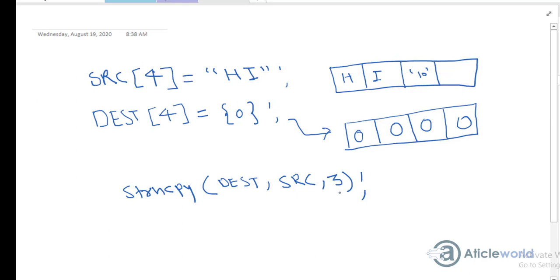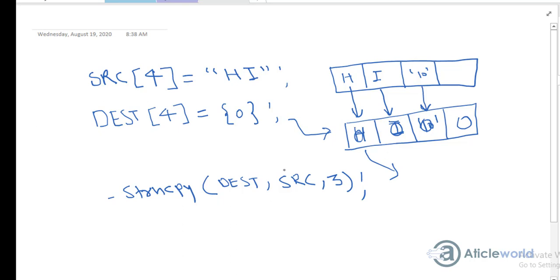It copies the first character, starting from the first index, just the H, then the I, and then just a null character. After performing the operation, string copy returns the address of the destination array. So when you print, you will get the data "Hi".